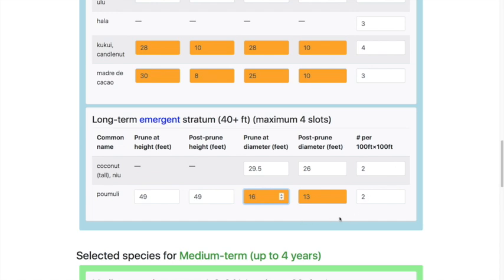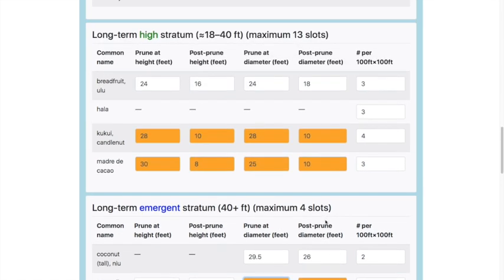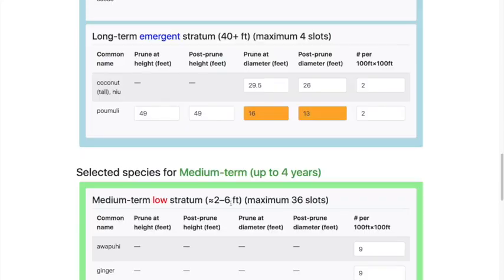And we got 2 and 2. We'll leave that. We're going to have 2 of these, and how about that? All right.